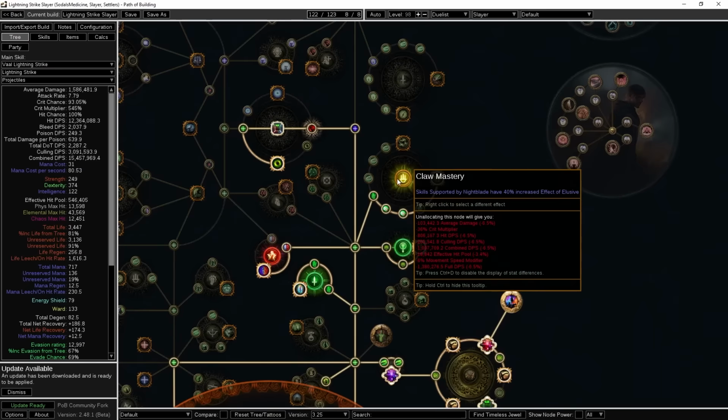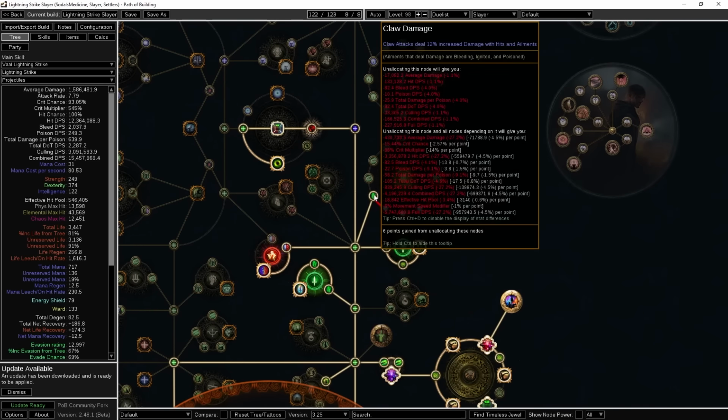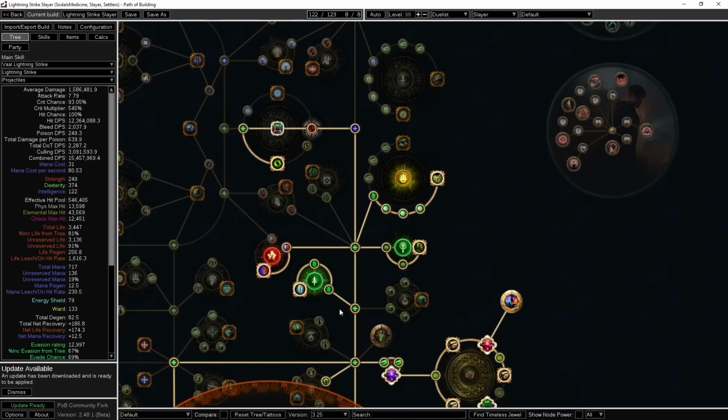We're taking Claws of the Hawk so we can get skills supported by Nightblade, have 40% increased effective elusive. This is a huge damage increase. Nightblade is super, super valuable. Elusive is another really strong defensive layer. Gives us a lot of move speed, a lot of chance to avoid being hit, stacks with block and evasion